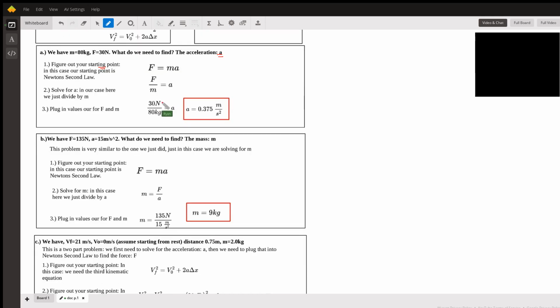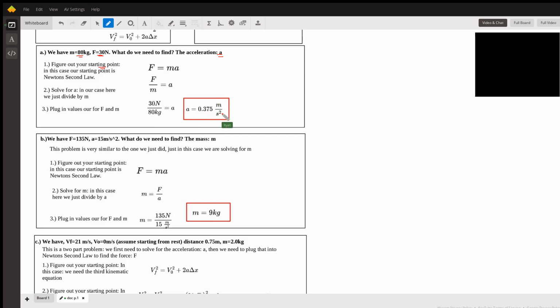Third step is to plug in our actual values. So in our case here, we have a force of 30 newtons, and we have a mass of 80 kilograms. So 30 newtons divided by 80 kilograms gives us our acceleration a, which turns out to be 0.375 meters per